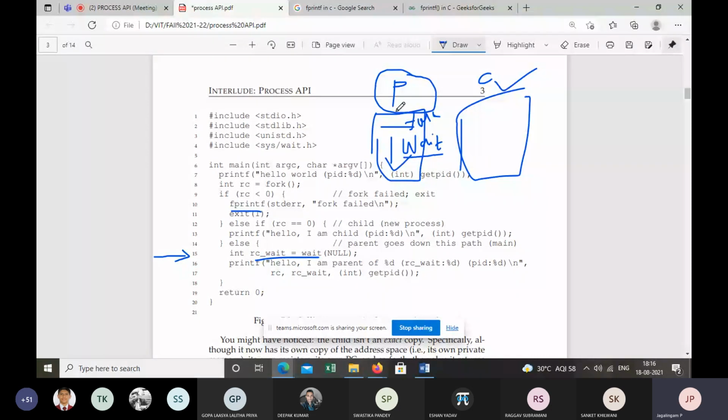Now, what is the one difference here? Look at the header files. All these are library header files. Why do we use stdio.h?